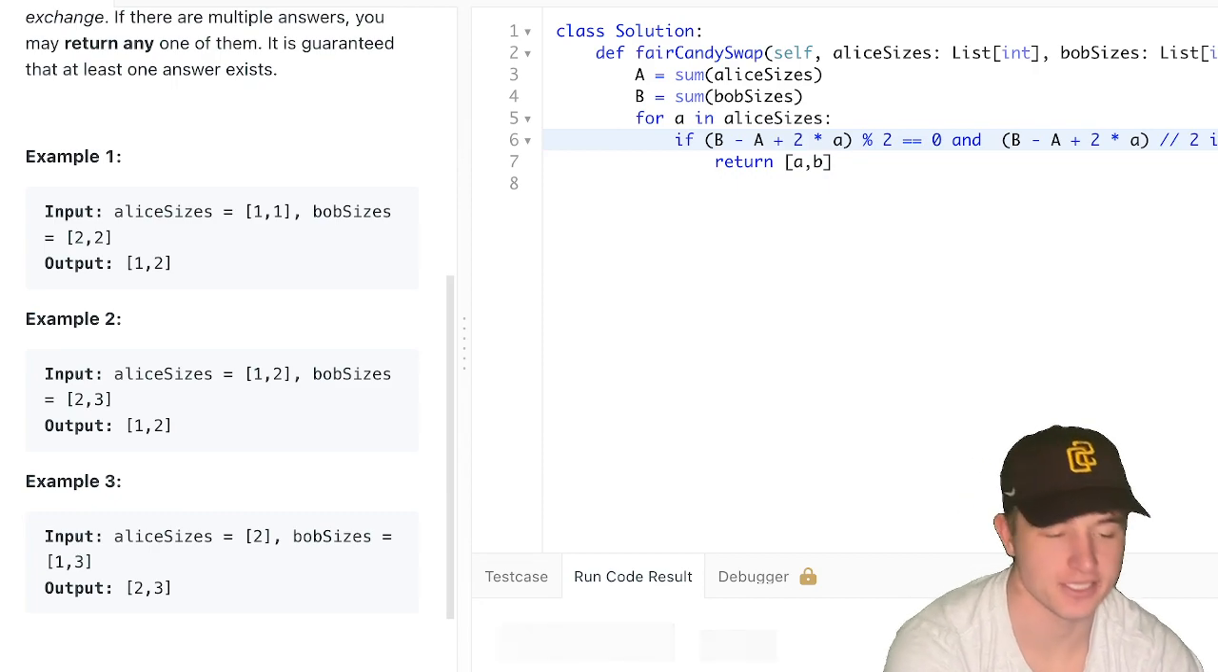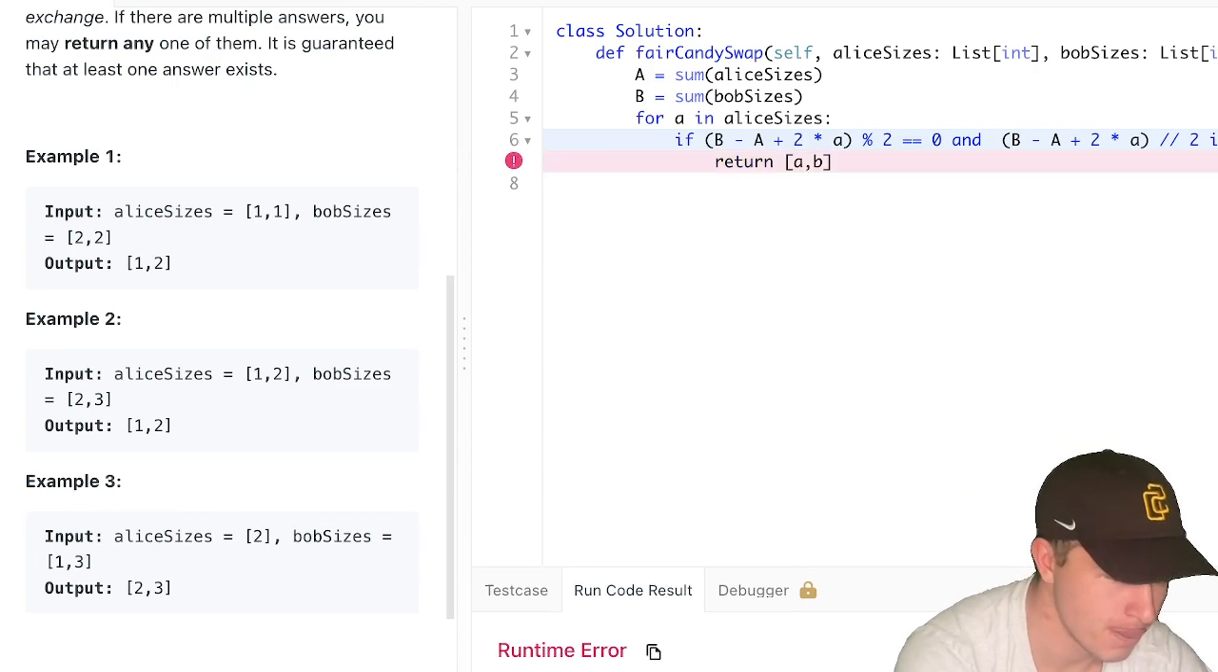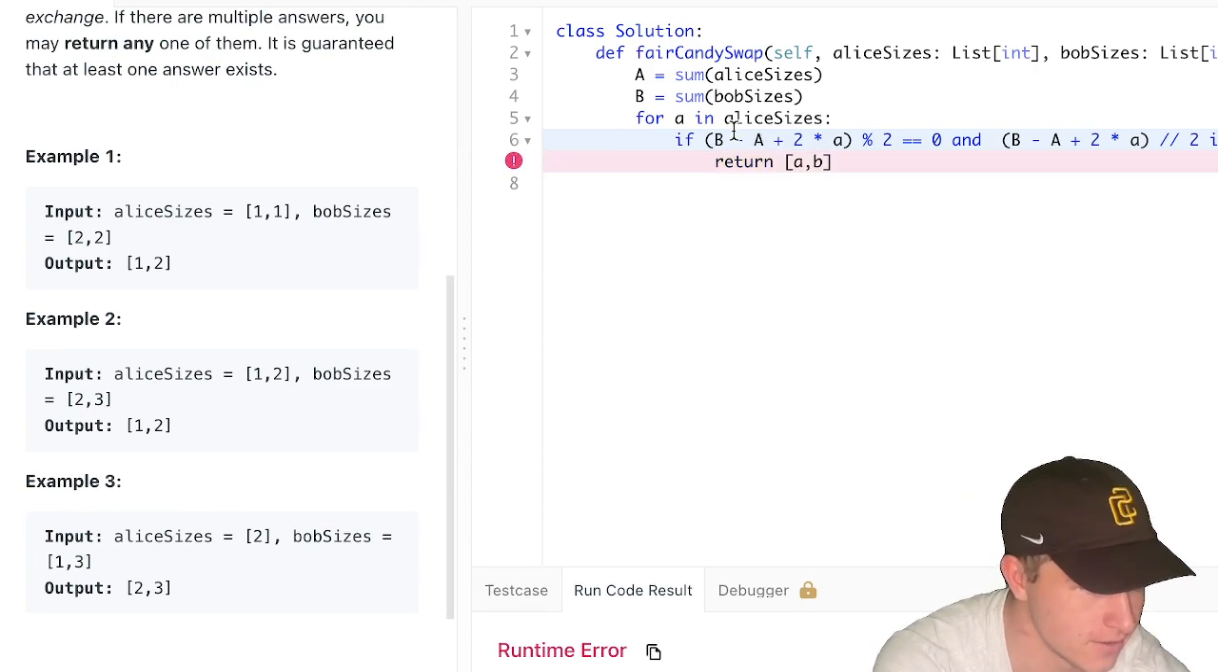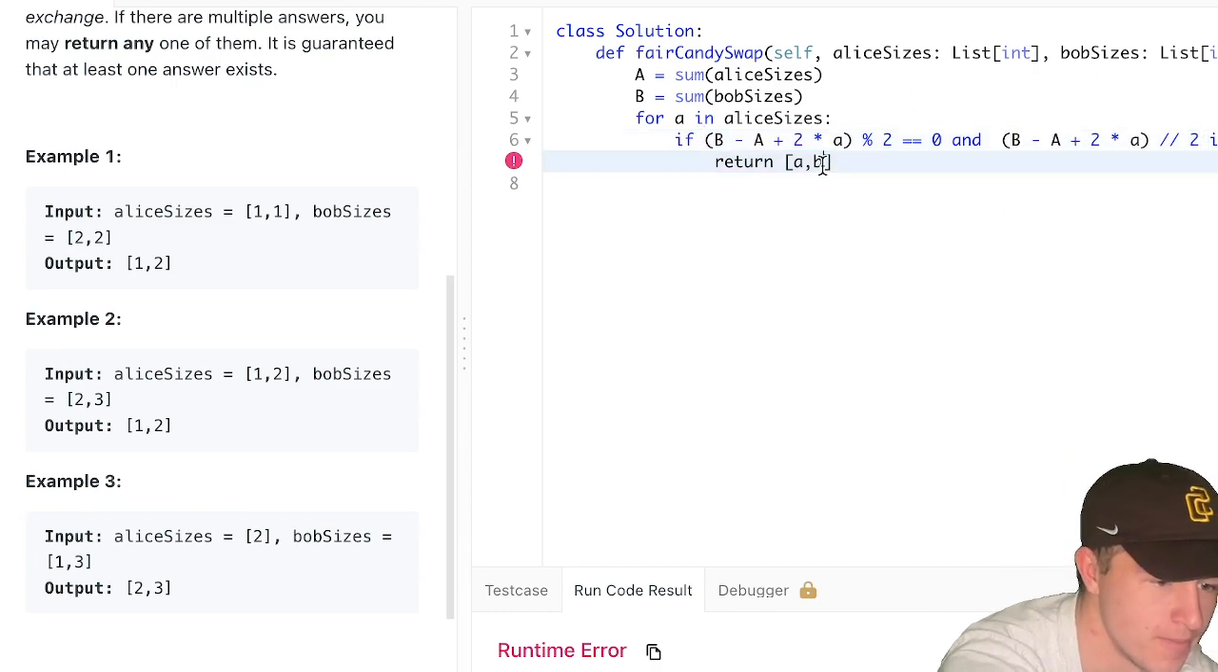It's always okay to make mistakes like this. Not a big deal. You're just trying to run through. B is not defined. Oh, shoot. Maybe it would have been better to do it the other way. But